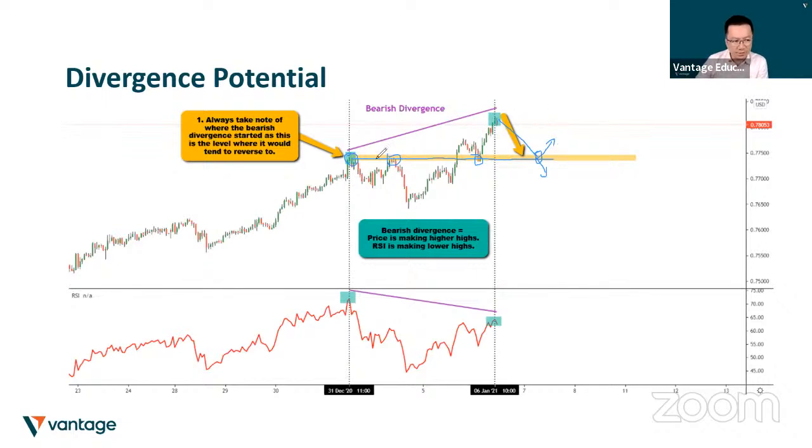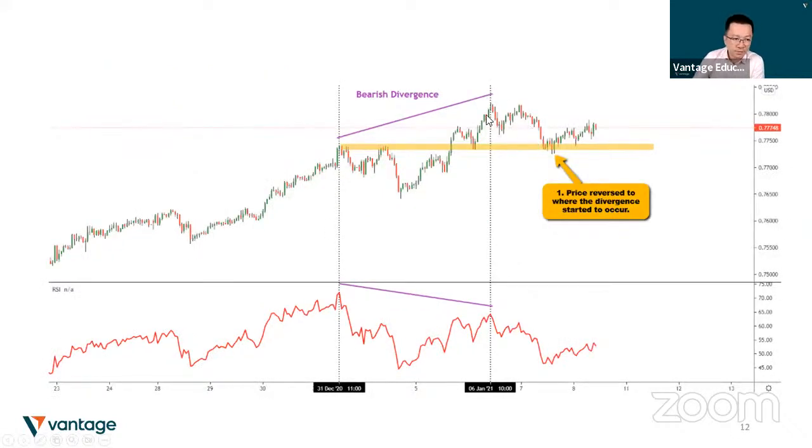But the main thing is that when you spot, in this case, a bearish divergence with price making a higher high and RSI making a lower high, then we're going to expect price to come down towards that support level. Okay, so how it would look is when it does that, right? Price forms that bearish divergence, RSI forms that bearish divergence. You see price coming down towards that support level, towards where it started, and then it fails to break